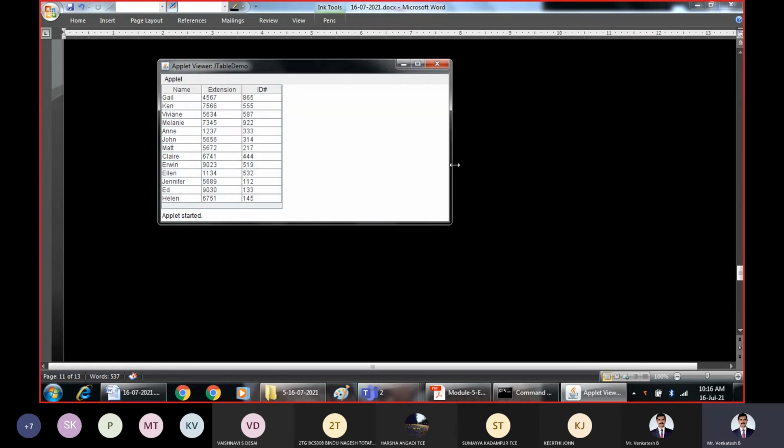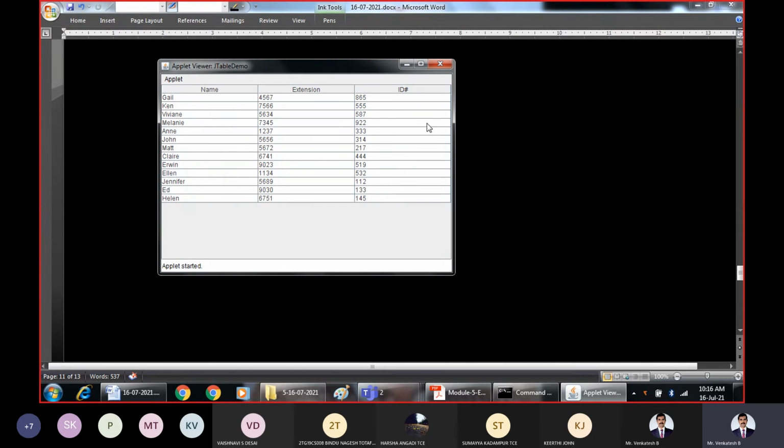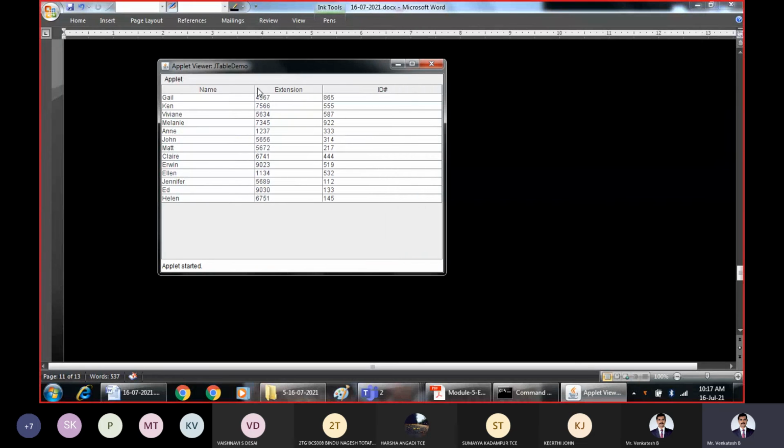Now another functionality. As you can see here, another functionality we studied in the theory is that we can resize the column size. We can click on the border between two columns, and then we can increase or decrease their size. That is also possible, depending on the need. Then another thing here, as you can see, the entire column I am moving. It is possible to move the columns.